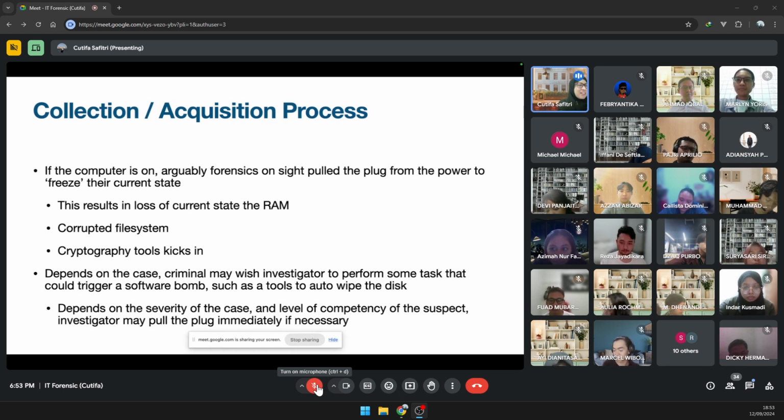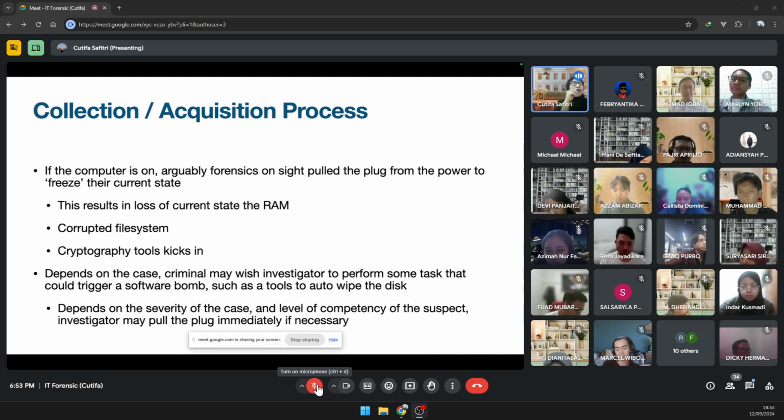I learned it the hard way. That's why we have the threshold in here. If you turn it off normally, you are closing many applications that you might want to find later. So that's why you might want to do something.